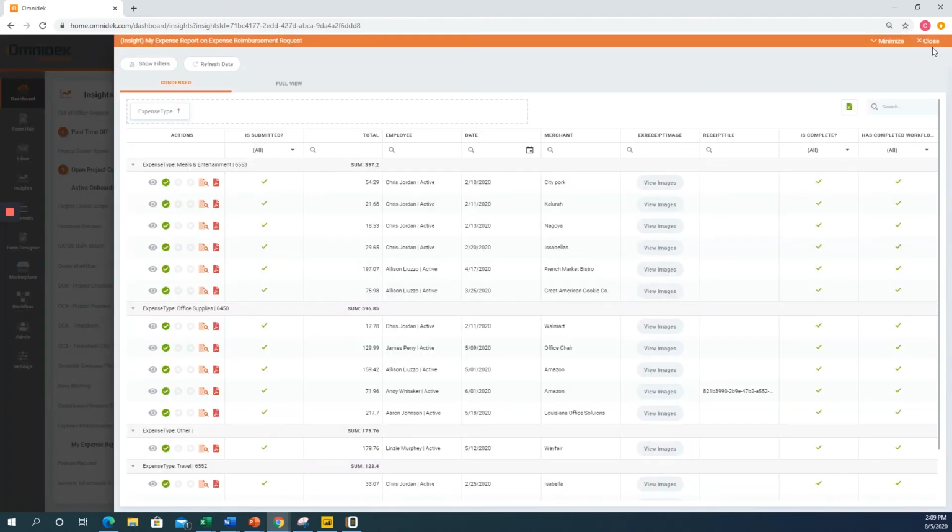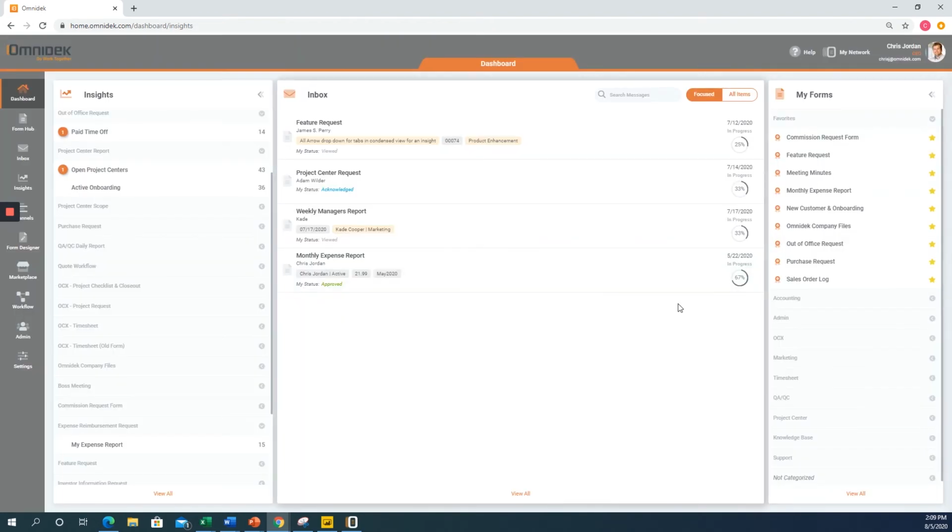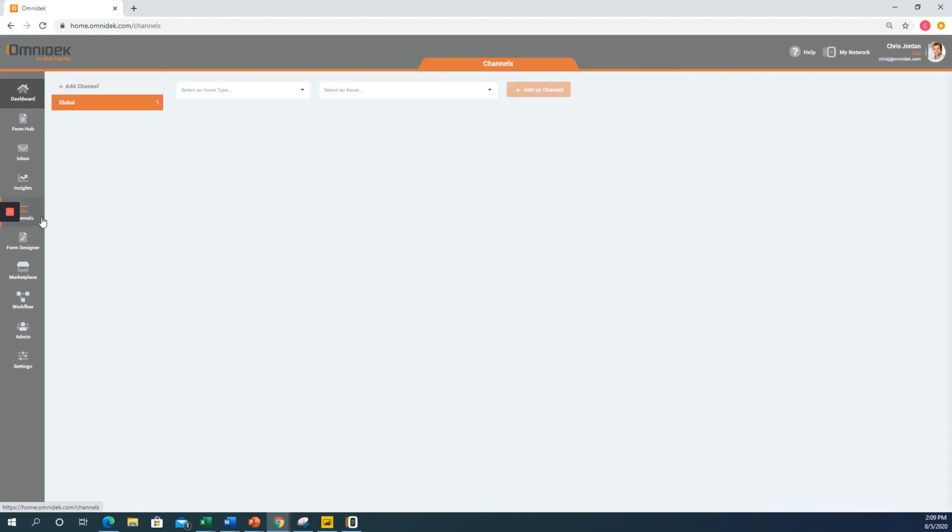This is how easy it is to manage Omnidec. From one page, I have access to initiate a process, approve and chat and collaborate about a business process, and analyze this process, both the things that have been completed and approved or the things that are currently en route. The last piece of Omnidec is how we create enterprise content management, but instead of it being file-based, it's